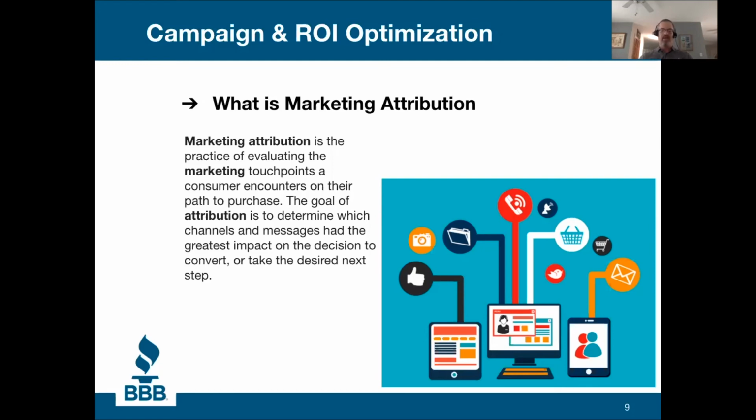And so with that attribution modeling, you can say, oh yeah, we know it's hard to see the performance in terms of a direct tie to, they looked at the banner, they did this action. We know through our attribution that they may not convert off of that banner, but that banner plays a key role in getting them to the final decision point. And attribution can be as simple as, how many people came from the email and then converted. But the idea being is we want to track that and we want to be able to tie it back to the campaign. And that's again why the KPI development and then using the analytics is so important.